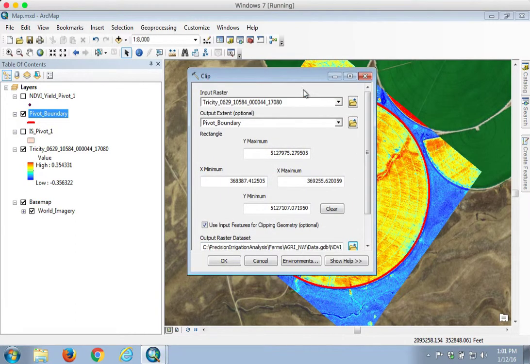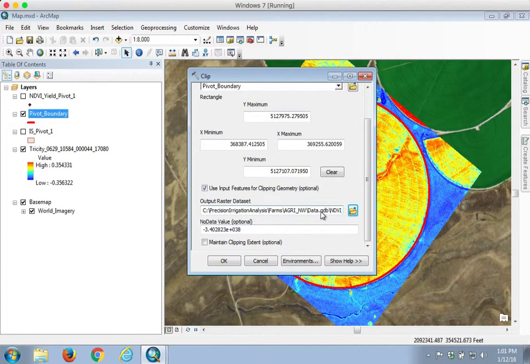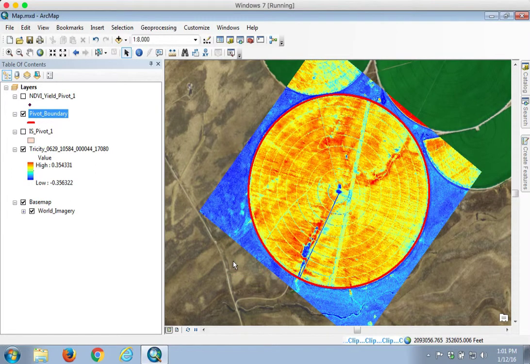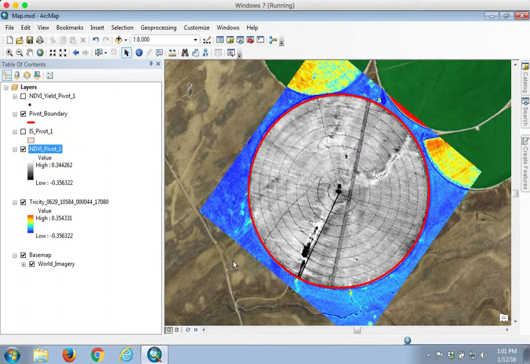So review. I've got my original raster. I got my pivot boundary, which has my new feature, my line feature representation of the boundary that I want to use to clip. I've checked off this box, given the name and the right geodatabase. Leave everything else alone. Hit OK, and this will run through the process. This shouldn't take long to process. You should get a nice successful execution of that. And we see now our new raster here called NDVI_pivot1